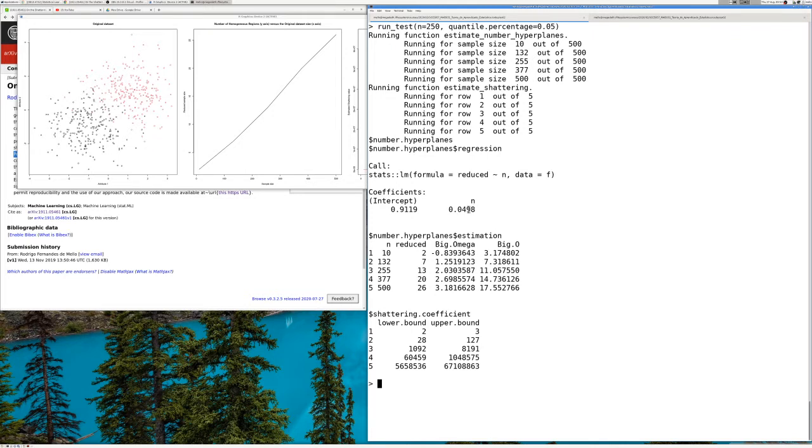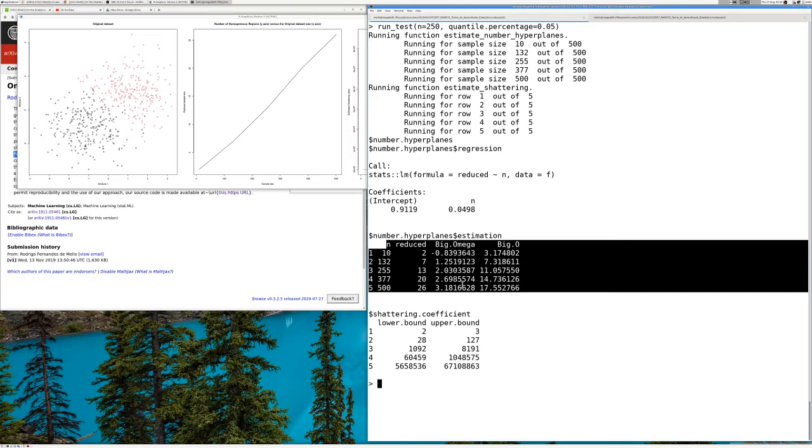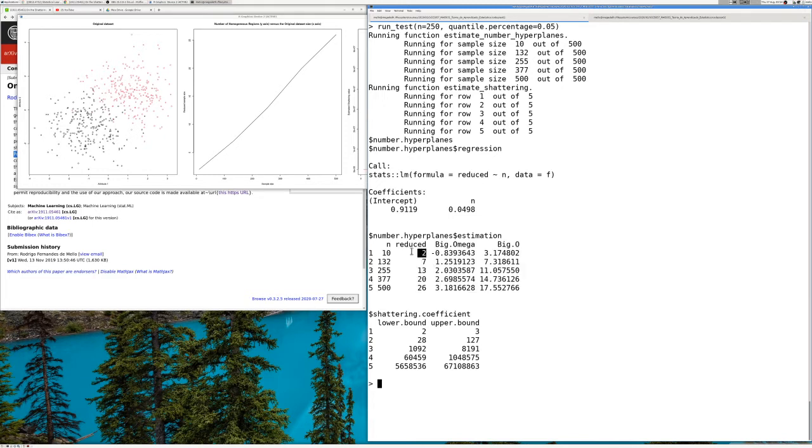If I have difficulties in classifying those, at least I can use this algorithm to understand how many are really separated from each other. So I can say that any algorithm built on top of this providing an accuracy around 95% is a good algorithm. Okay? And here we have the number of hyperplanes being estimated, like for 2 points, reducing from 10 points to 2. I have this big omega, which is the